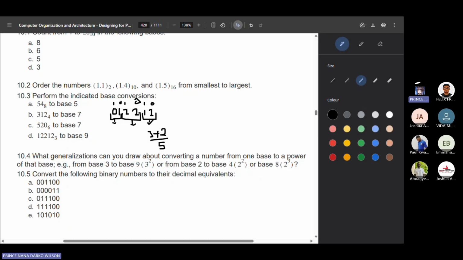We do the same thing for this guy right here. So 2 times 3 raised to the power 0, that's the same as 2 times 1, and that gives us 2. And then we have 2 times 3 raised to the power 1. That's the same as 2 times 3, which is 6. So 6 plus 2, that gives us 8, like this. On this side, we have 1 times 3 raised to the power 0, which is the same as 1 times 1, that gives us 1. This right here is the decimal equivalent,